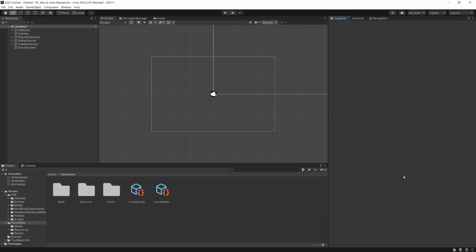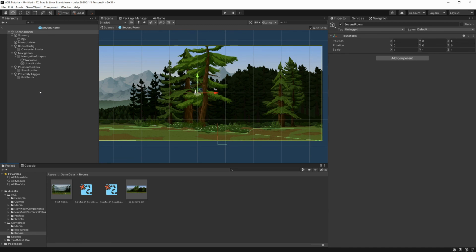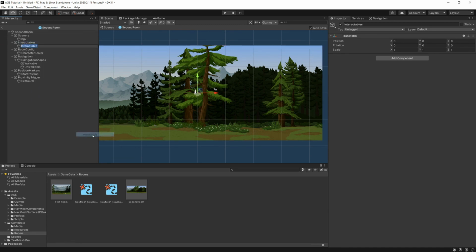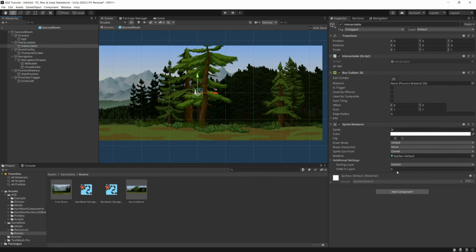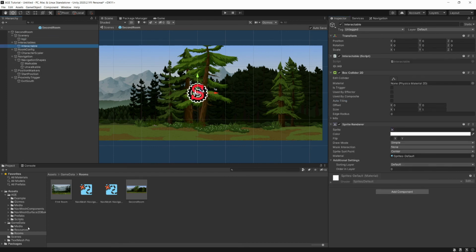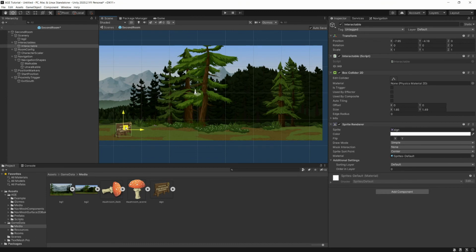Now we want the player to be able to do something with the mushroom, so we go back to the second room here, and we're going to add an interactable in the scene, IGE interactable. Going to set maybe the background 1 layer behind. Okay, now we can see the interactable here, and we're going to use the signpost. So maybe we want the clickable area to be a bit bigger, and the signpost is maybe just standing around